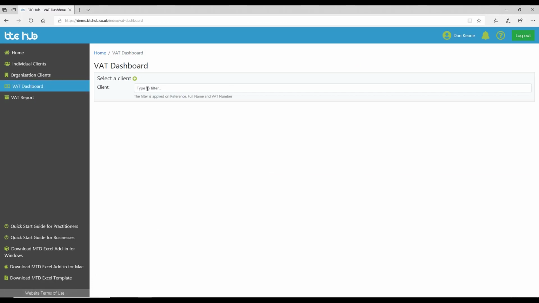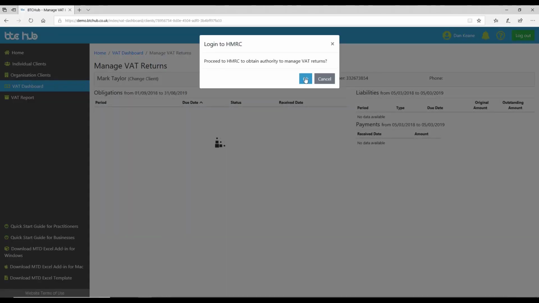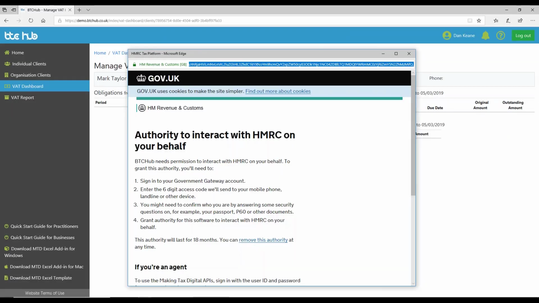If I click back onto the VAT dashboard, I just want to show you how you'd pick up a client having signed up for your agent services account. So essentially, I could create a client. Mark, I hope you don't mind, but I'm going to pick your name because obviously you're on earlier. So I've created a client known as Mark Taylor. And what that will do, that will take me through, as you can see,